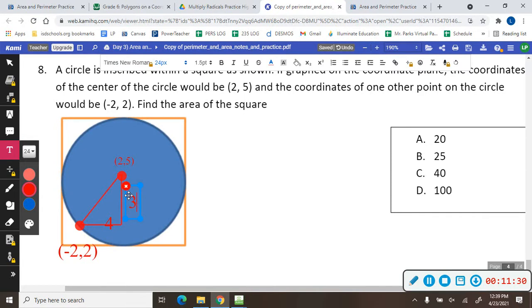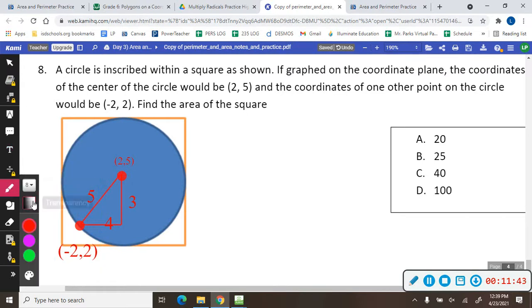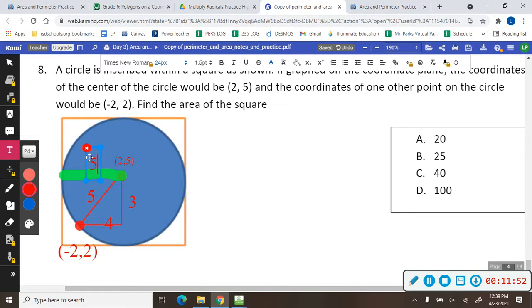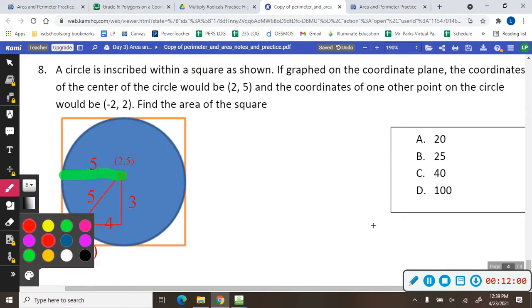So now I know by the Pythagorean triple, if that's 3, that's 4, this is 5. So the radius is 5. What that means is that from here to here is also 5, because that's what it means to be a radius. And if this is 5, then the whole thing's 10, and this is 10, so I get 10 times 10, and I get 100. So the area is